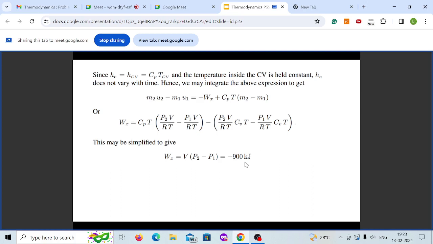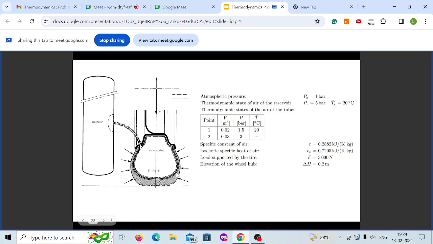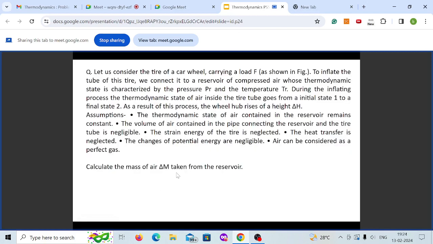So any doubts? Okay. I think this is the last problem which I have. Okay, so